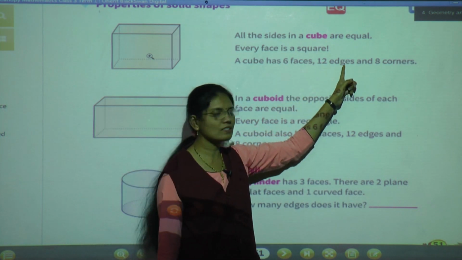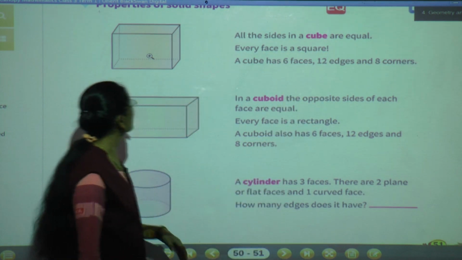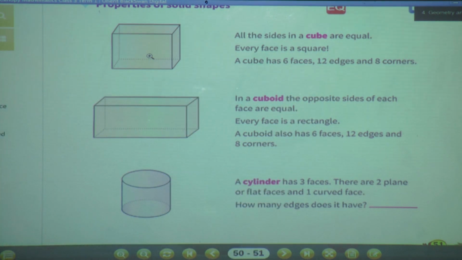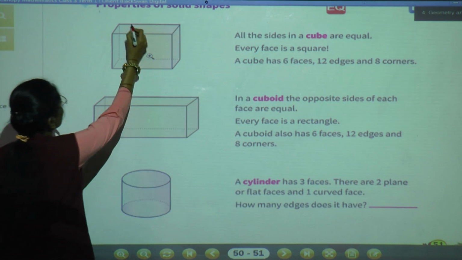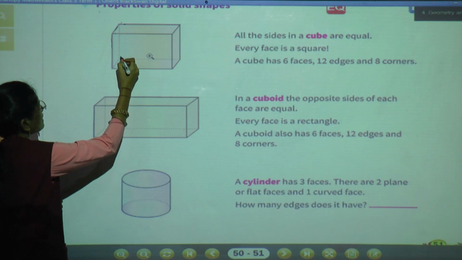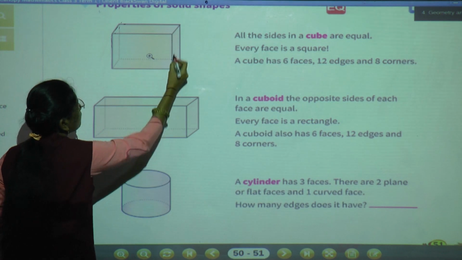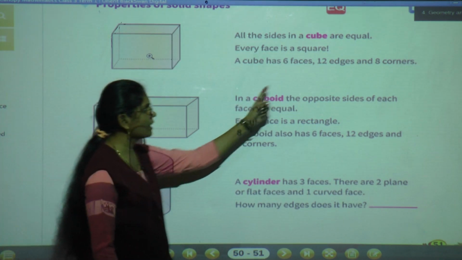Then how many edges does it have? It has 12 edges. Now we will count the edges. See, this is 1, 2, 3, 4, 5, 6, 7, 8, 9, 10, 11, 12. So how many edges does it have?